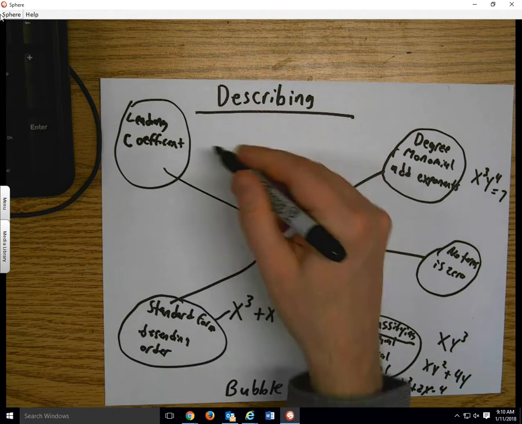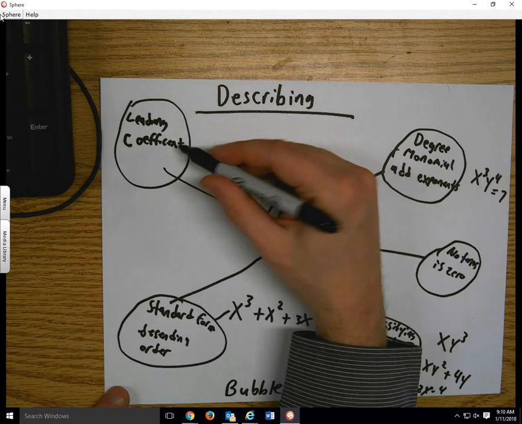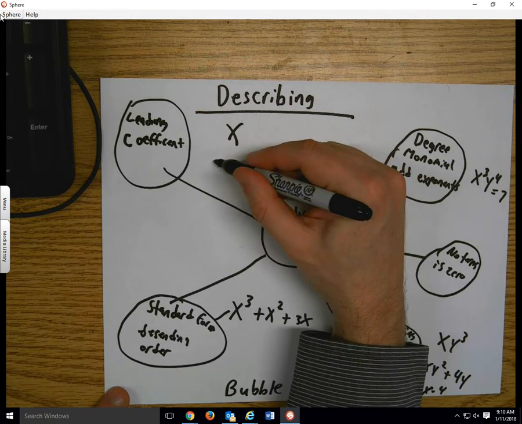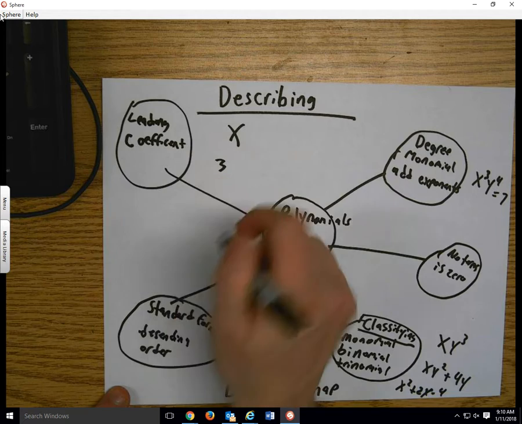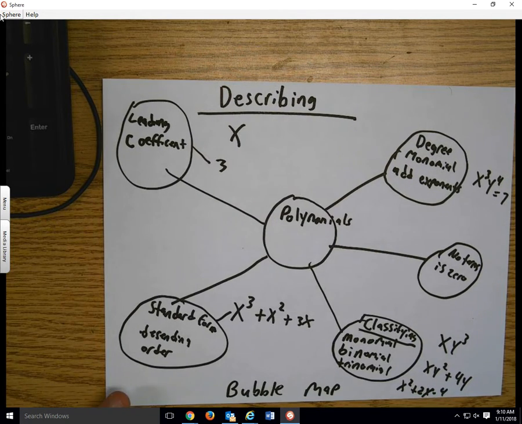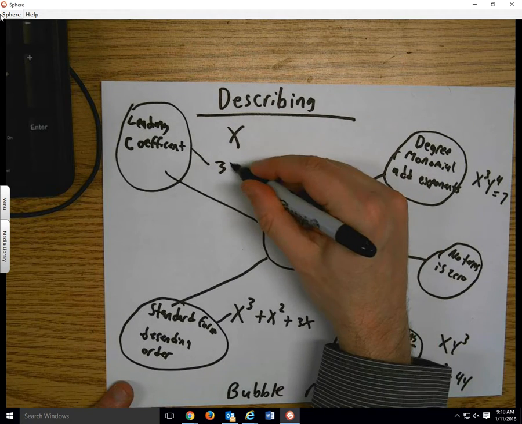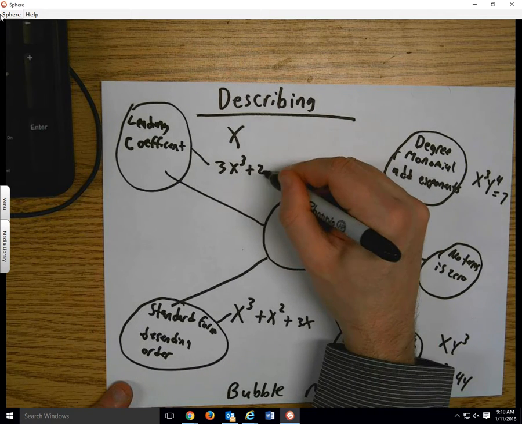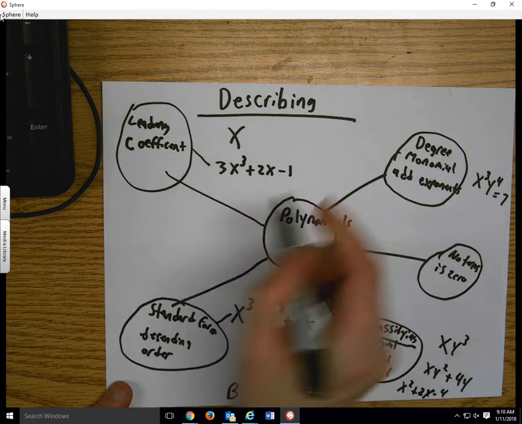By the way, coefficient just means number, right? It means not a variable, not a letter. It means like a number. So the leading coefficient would just be, leading means it's the first, right? So the leading coefficient is the coefficient of the first term. So if I had something like 3x to the third power plus 2x minus 1, the leading coefficient would be